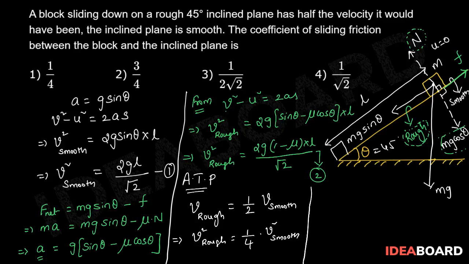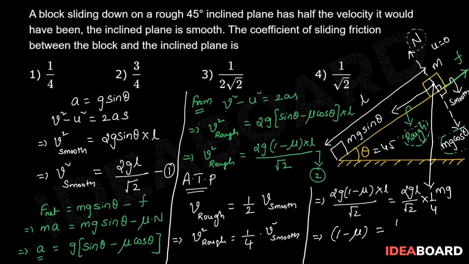Substituting the values of v square rough and v square smooth from the first and second equations, we can write this as 2g times 1 minus mu times L upon root 2 is equal to 2gL upon root 2 multiplied by 1 upon 4. So on simplification we get 1 minus mu is equal to 1 upon 4, which implies mu is equal to 3 upon 4. Therefore the correct option is